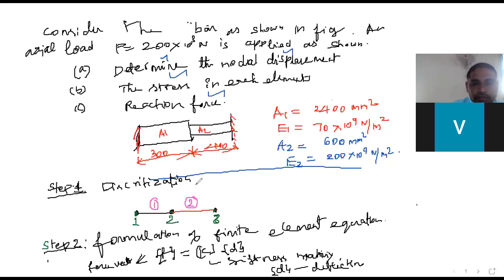And so let me start with the formulation of finite element analysis. Let us consider the first element. This is element number 1, which is having 2 end nodes. That is why it is called a linear bar element. So let us consider the first element, which is having 2 nodes. And what is the element equation for that?